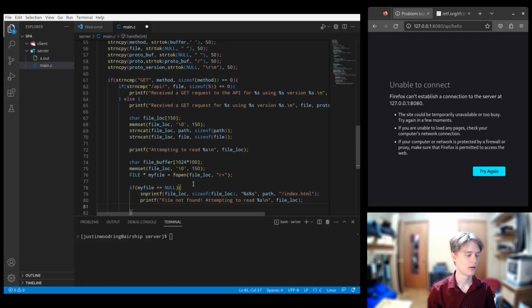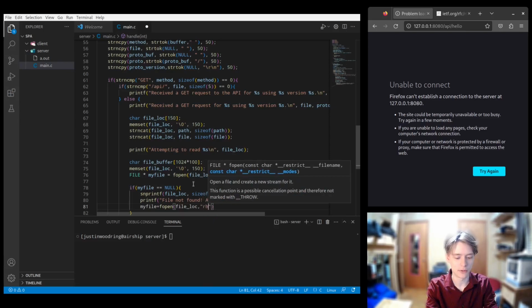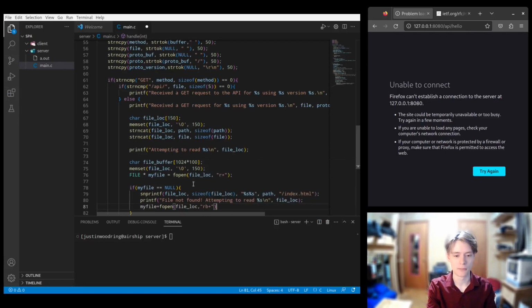But this is the simple, all-inclusive, generic, kind of patchwork solution. And again, there are better ways to do it. Ultimately, the best thing you can do, and by best thing I mean, actually, we want to use RB for both of these. So RB means we want to read in binary. And the reason we want to read in binary is because we may or may not be reading